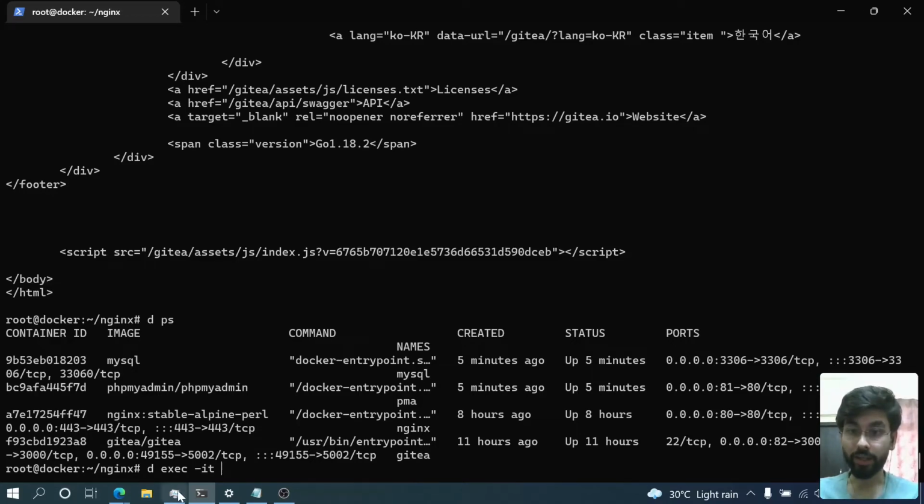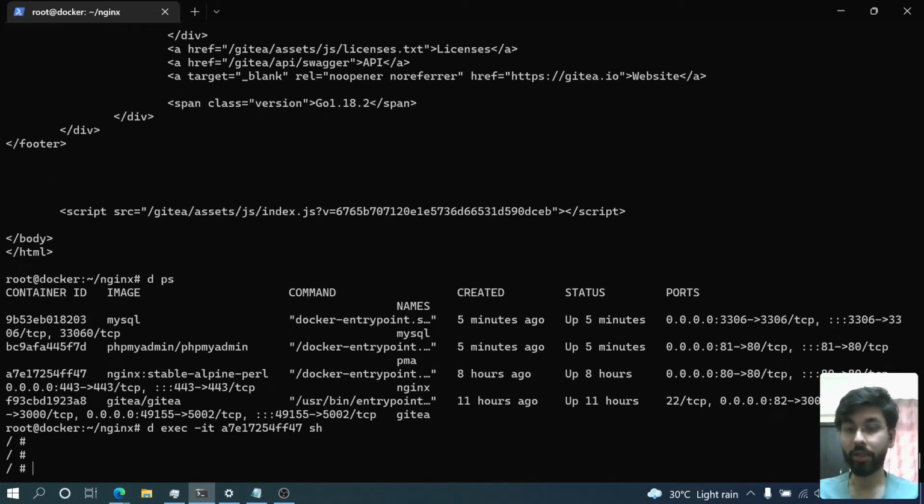So docker exec, which means execute, -it specifies the interactive terminal, then the container name, and then which command we want to run inside the container. So sh means basically start up the shell. So here you can see we're inside the nginx container. From inside here, if you do a curl command,